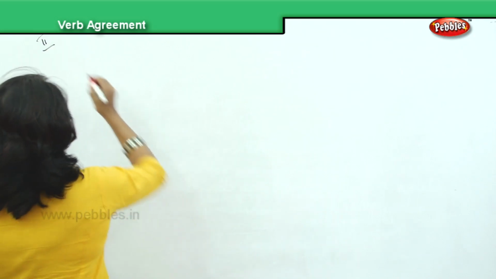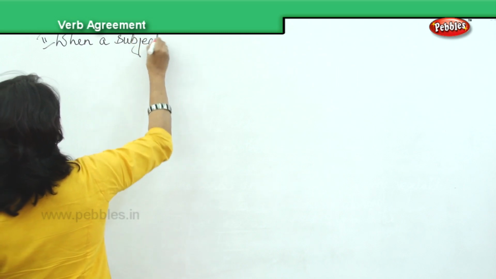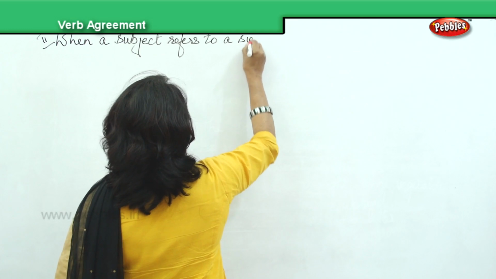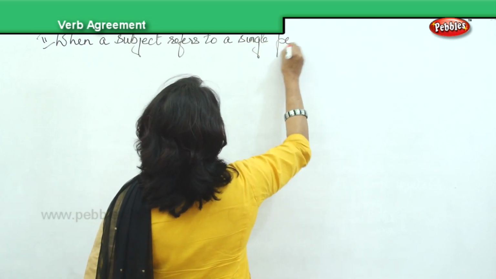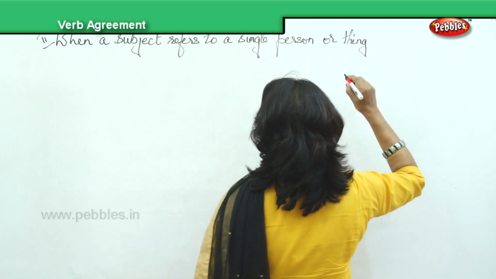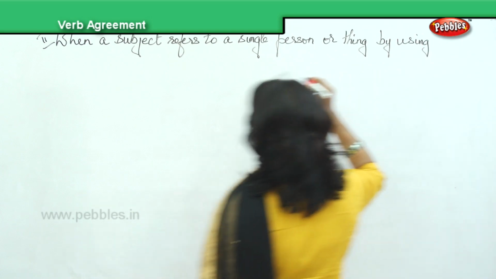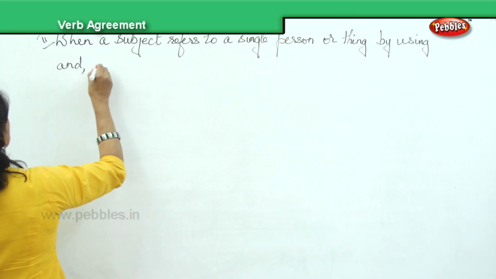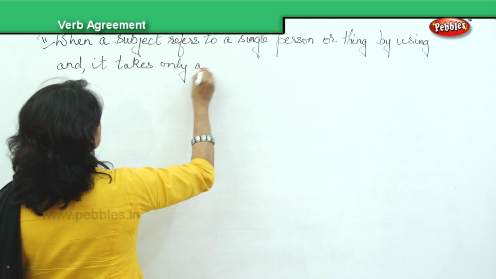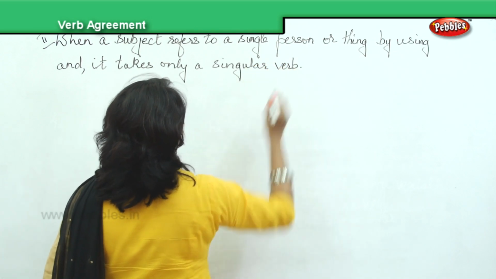This is rule number 2. When a subject refers to a single person or thing by using and, it takes only a singular verb. Example,